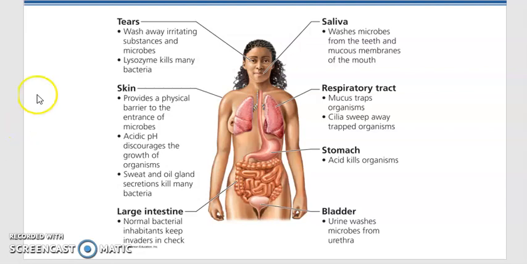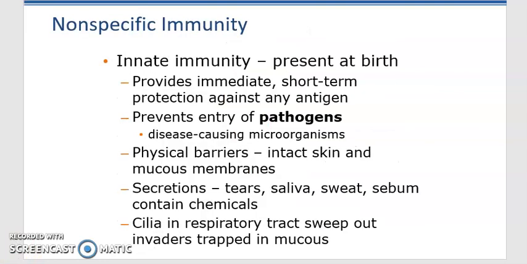So this is a slide showing us these different physical barriers that occur in the body, and they're pretty good lines of defense. So in review, in our non-specific immunity, we first have all of these first lines of defense, which are all these physical barriers that are on the skin surface and in different body systems that would just naturally ward off